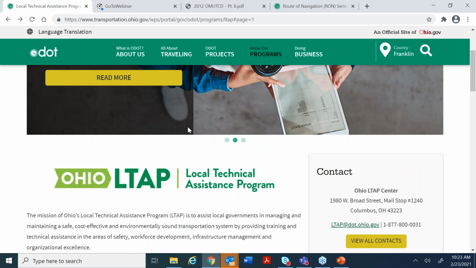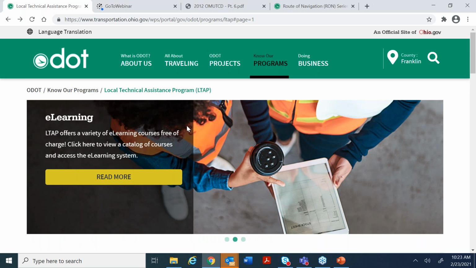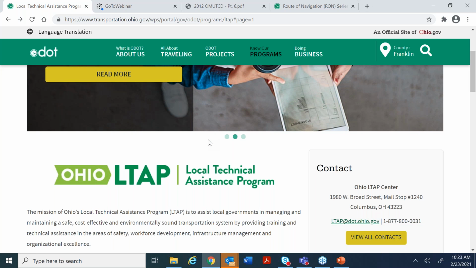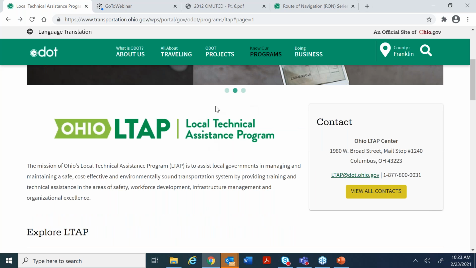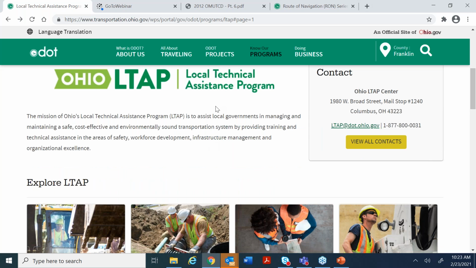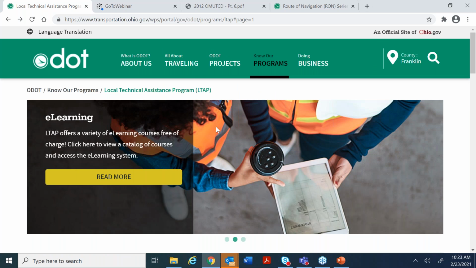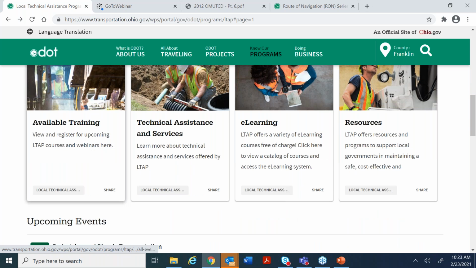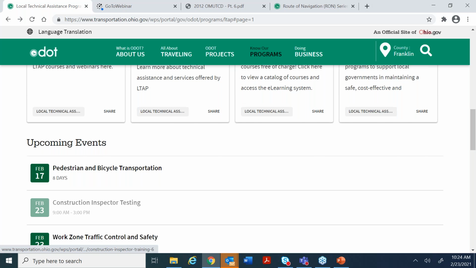Okay, so if you go to our Ohio LTAP page, and there's other places on the ODOT website to find the manual, but we provide a convenient little icon to click on. So if you just scroll down, this is our home page for Ohio LTAP. If you scroll down our page, you see a lot of different things to click on. We have available training. You can see what courses are coming up or webinars. We have technical assistance and services to click on. We have our e-learning catalog to click on, and we have resources. And so if you click on resources,